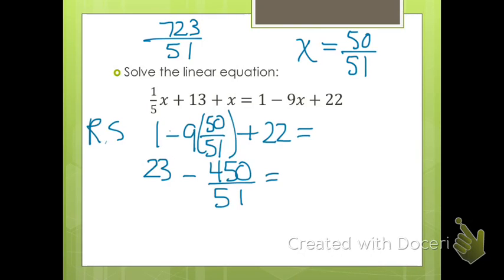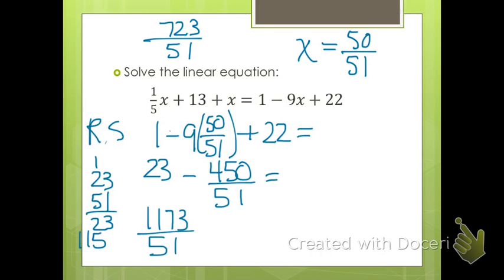Okay, so now 23 times 51 is 1,173 over 51 minus 450 over 51, and that equals,